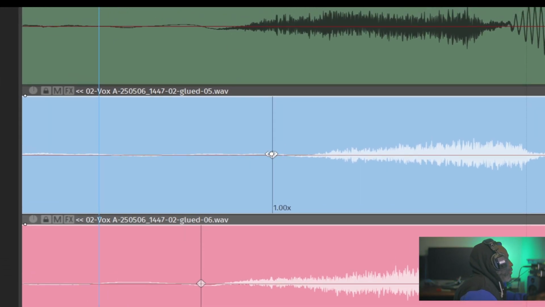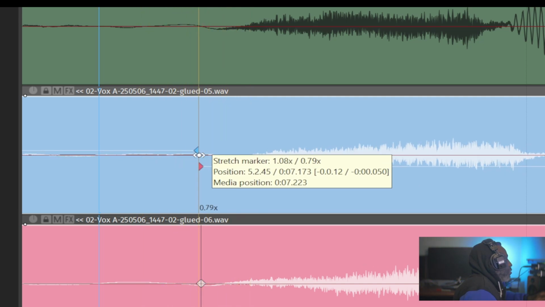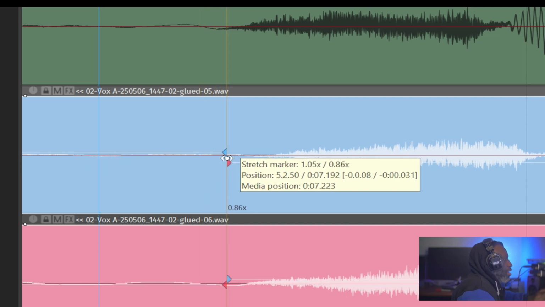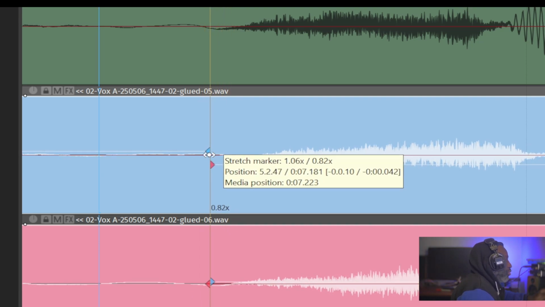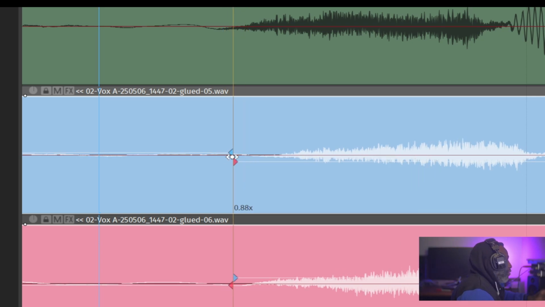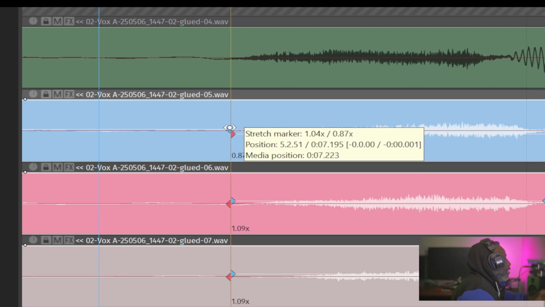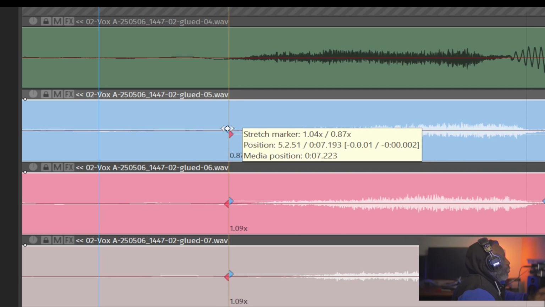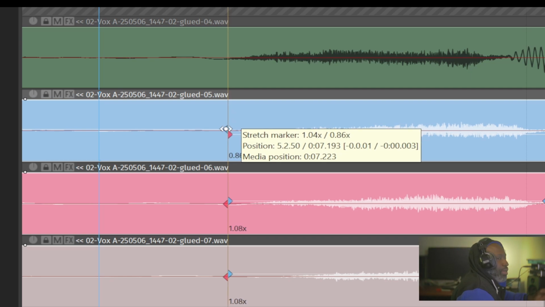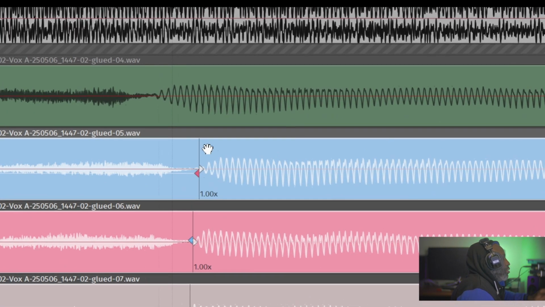So now I can grab this and move it back and forth. And for some reason, sometimes it takes a while, but they're gonna connect to each other and start moving each other. So hopefully you guys can see that. So now these are linked together. And because we put them all to start at the same point, now they're lining up and they are stretching to go to the right spot. And then we can do the same thing over here,